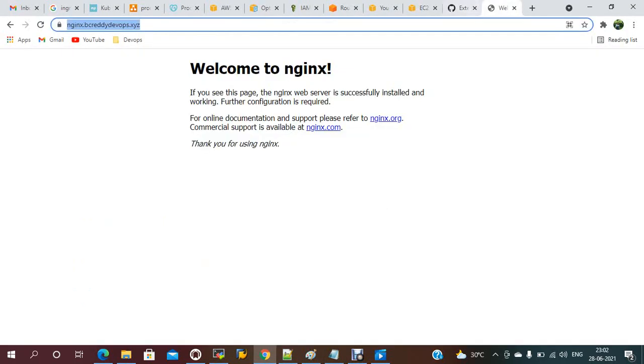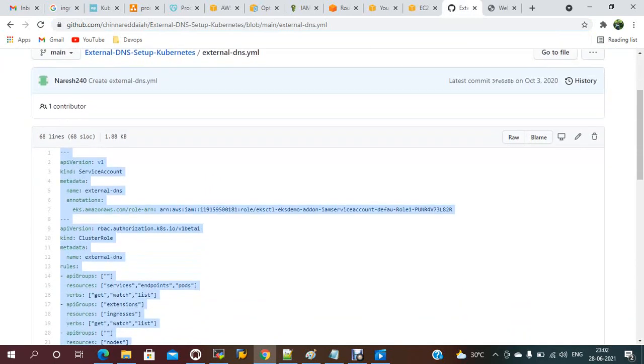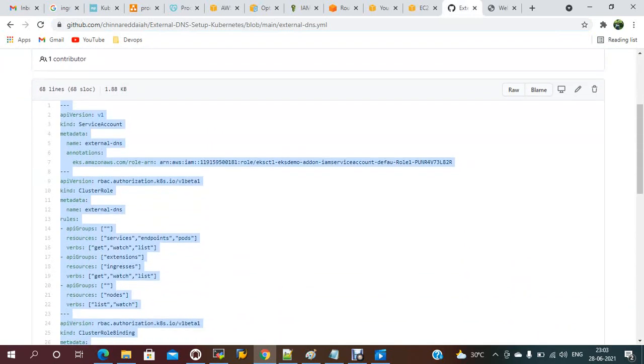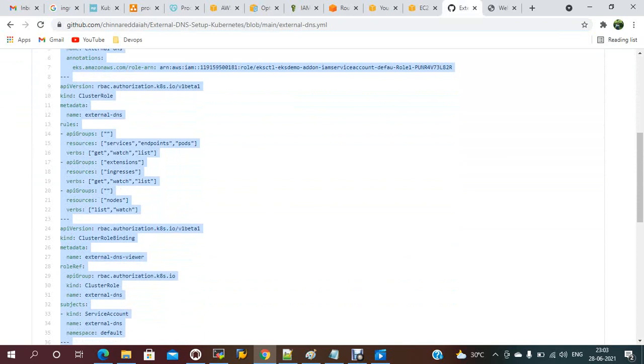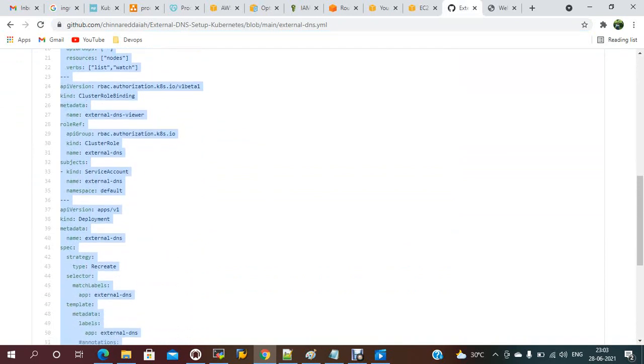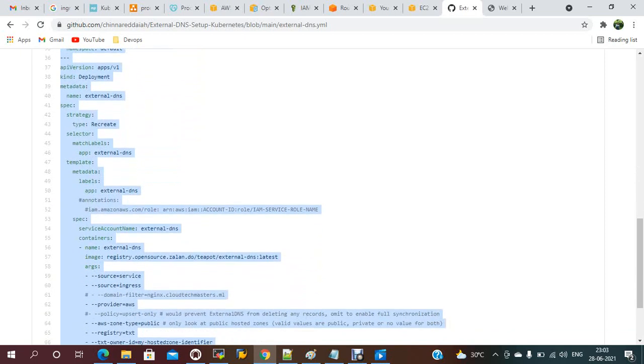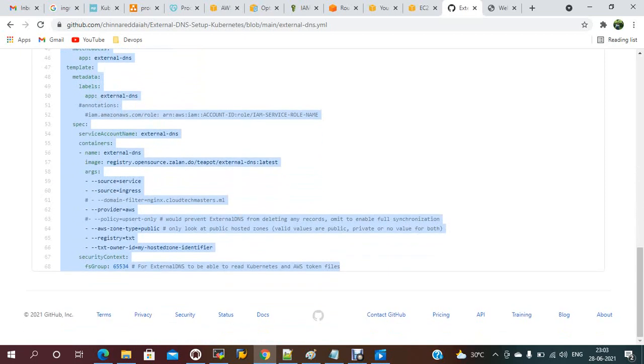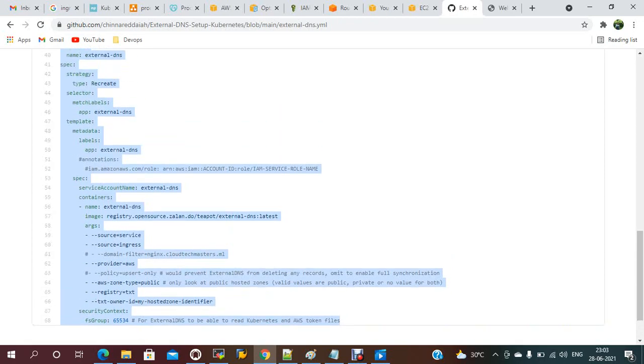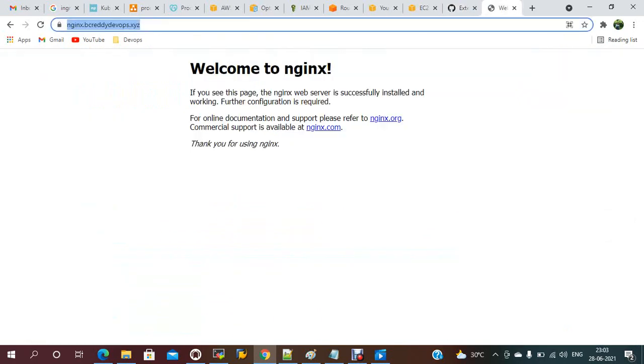Other than that, everything should be working fine. Here domain, cluster name, cluster role, external DNS IAM account, it is not required. Yes, this is working fine.